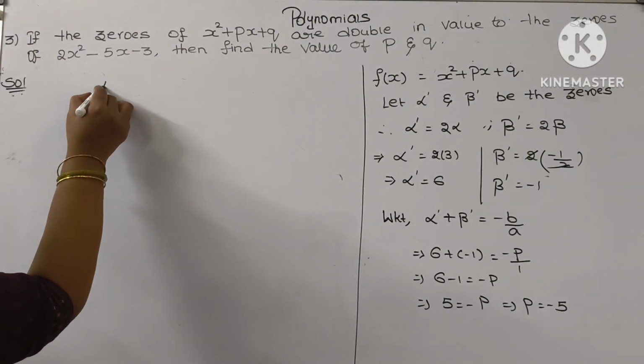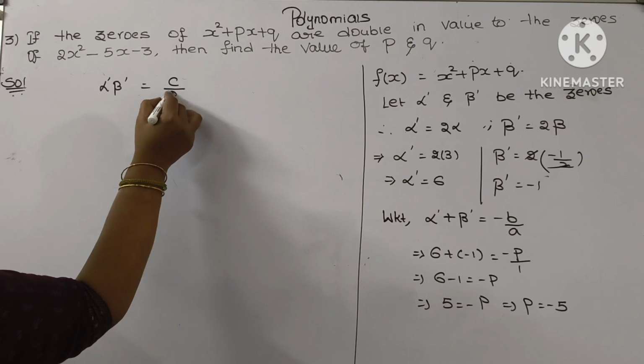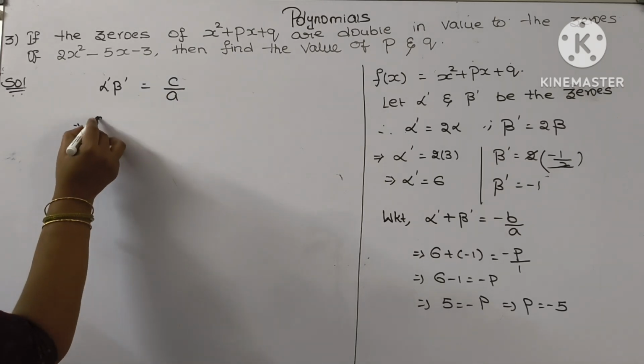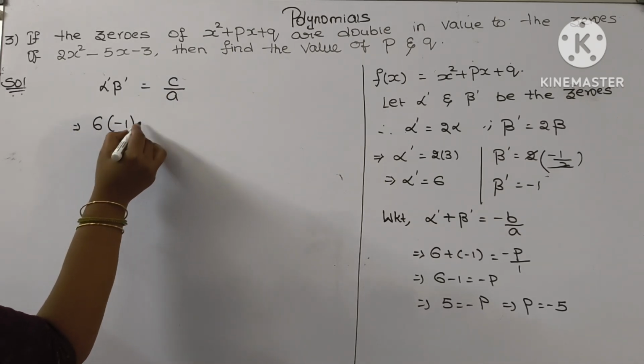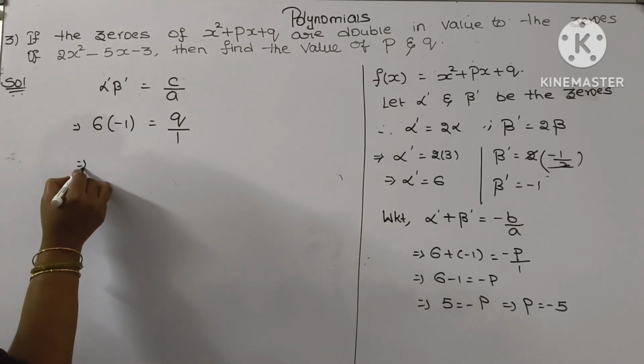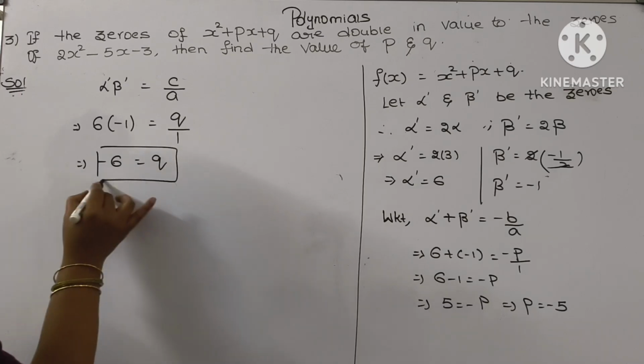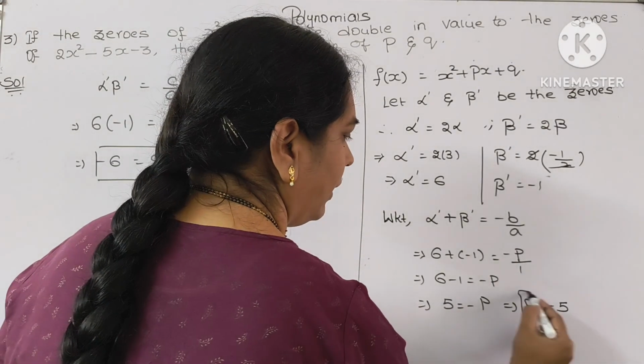Therefore, we know the relation. The product of the zeros is equal to C by A. Alpha dash is 6, beta dash is minus 1, is equal to C, which is Q by 1. So minus 6 is equal to Q. Put it in a box. We are done with the